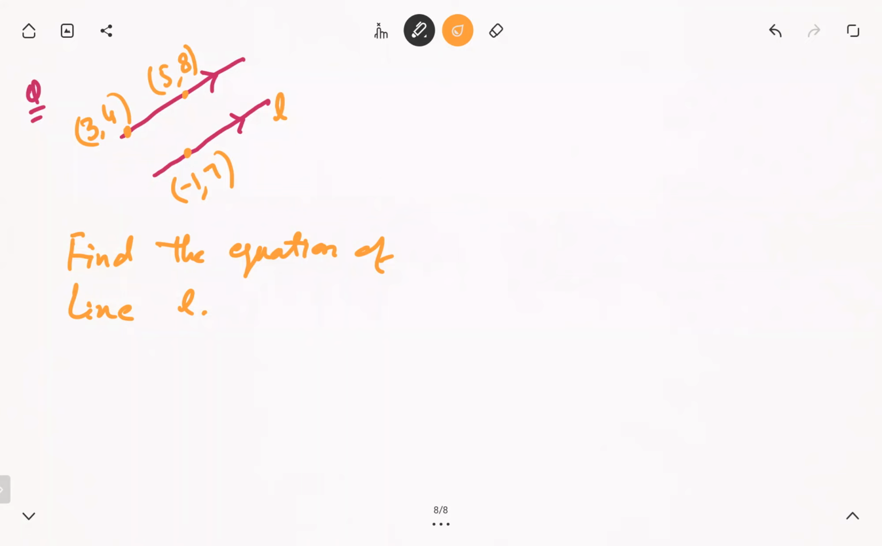y is equal to 2x plus 5, 2x plus 9. Yes, Hussain, it's correct. Okay, so if you have the same answer,